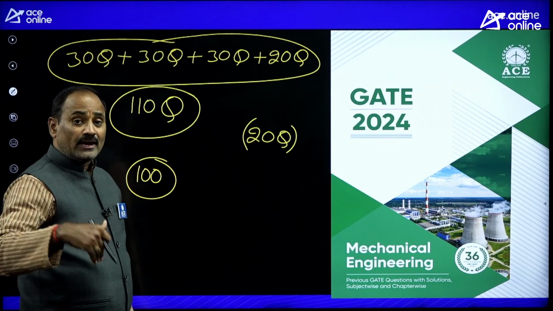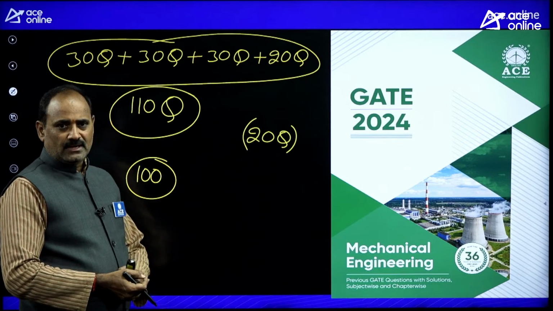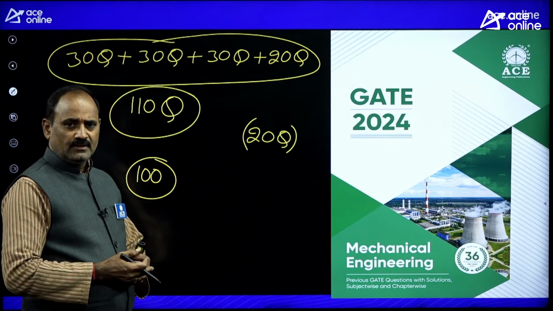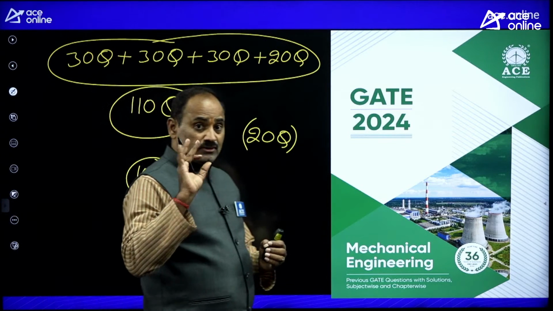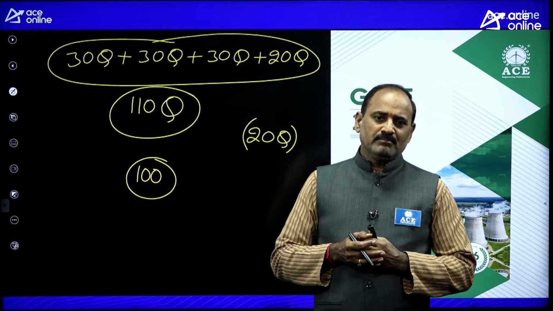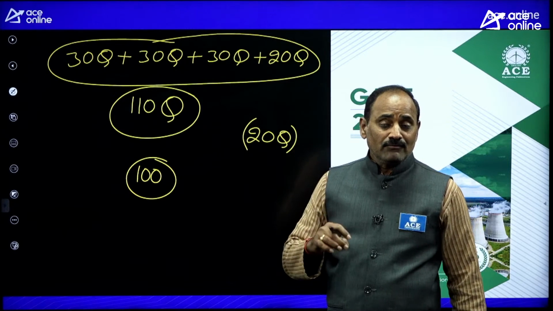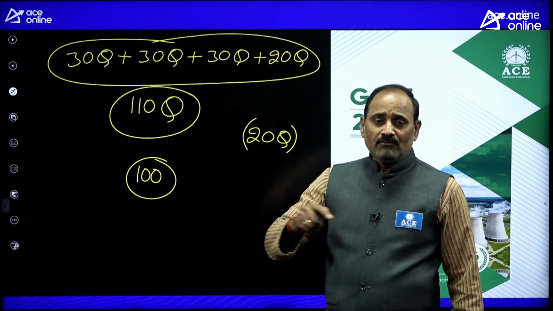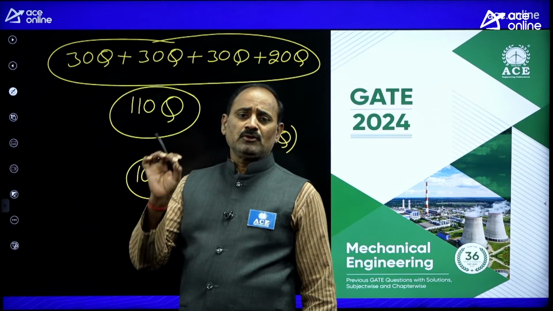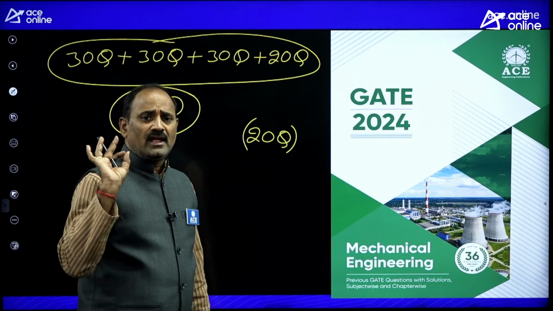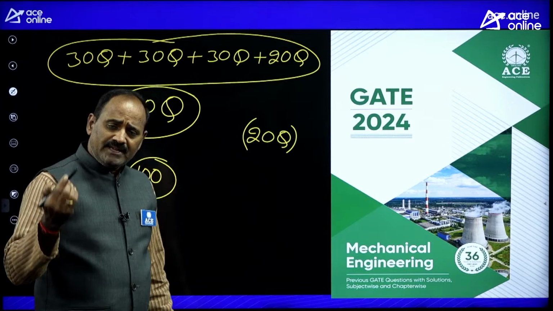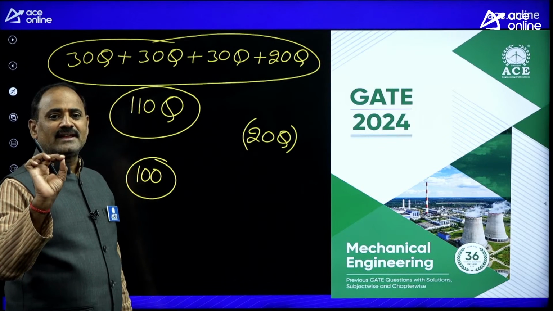Okay, like that you try to practice other subjects also. Our academy is providing 3 kinds of material. You try to practice all the problems. Most of the students are studying the concepts, but they are not putting much time into practicing the problems. Without practicing the problems, it is impossible to get a good score or good rank in the GATE. Try to practice all the 3 volumes for each and every subject if you want a single digit rank in the GATE.